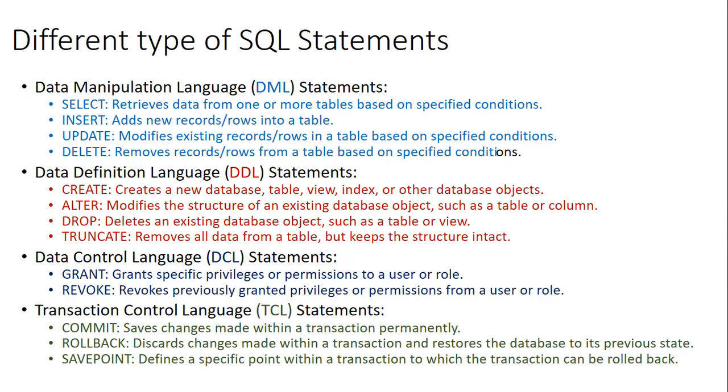Now, there are different users in the database also. Just like we have users for a machine, users for a particular login system, etc., for a database also, we'll have different users. And to provide users with certain privileges, or to remove certain privileges, we use what is called the DCL, or data control language. Grant and revoke are two statements that could be used for granting privileges to the users in a database